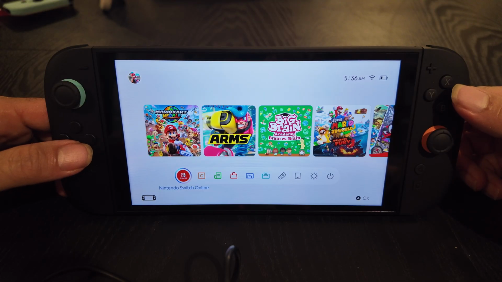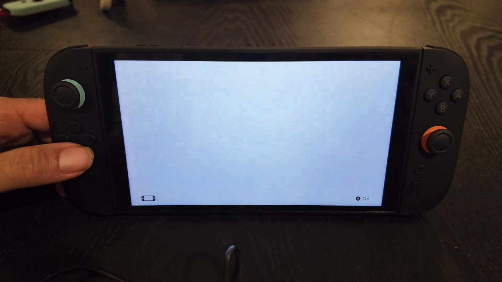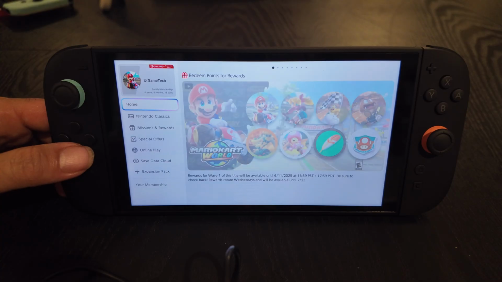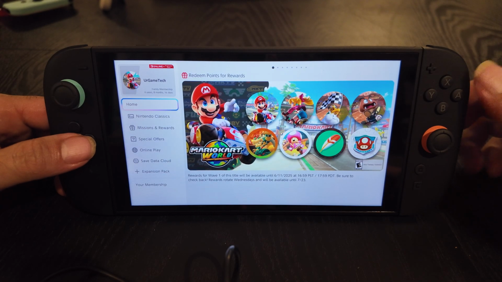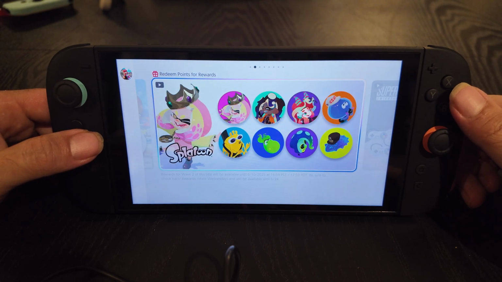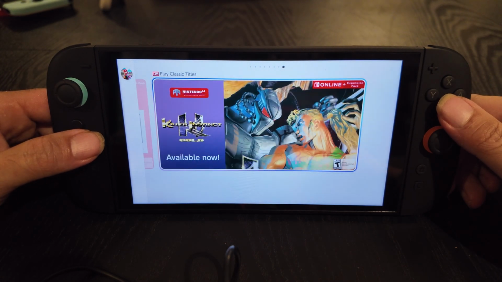So here at the bottom, the first thing we have is the Nintendo Switch Online. There's another new sound effect here. It tells you who's using it. And this is the app that you're used to, but it performs much better, scrolls much better. You can see the new interface here for stuff that you can redeem for points. You can see the OS is much snappier. I know it's not like a complicated OS, but